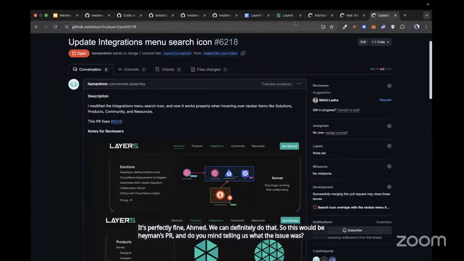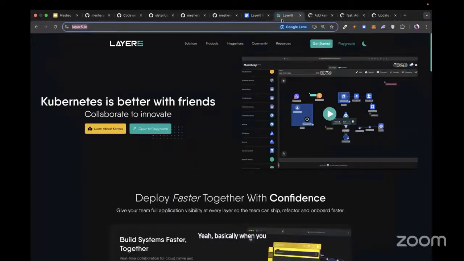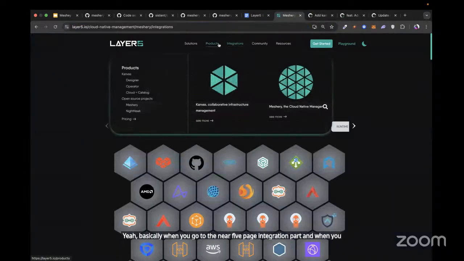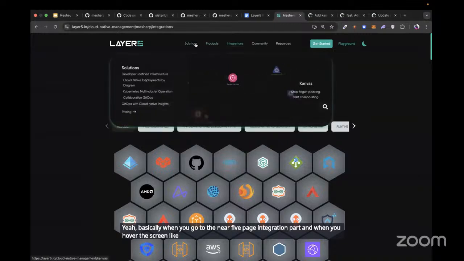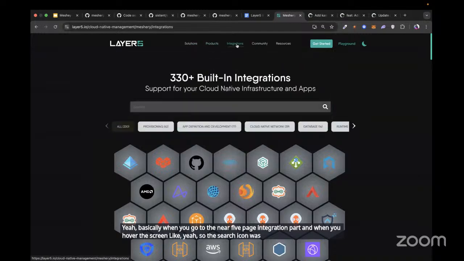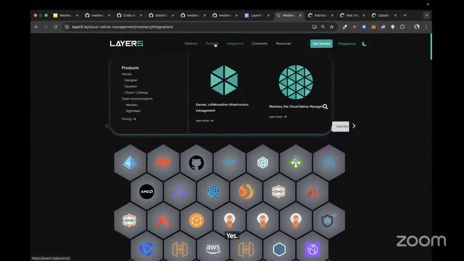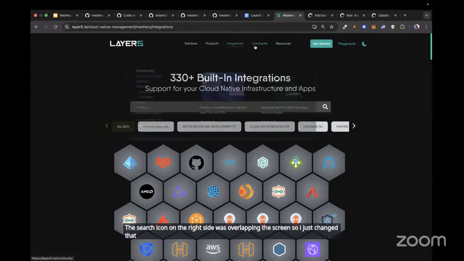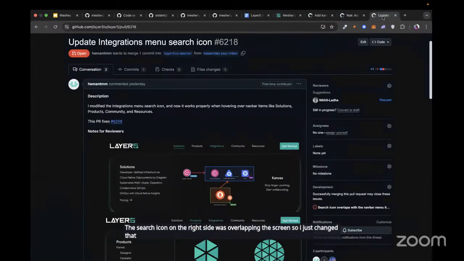Yeah, basically, when you go to the nearby page integration part and hover over the screen, the search icon was overlapping that. Yes, the search icon on the right side was overlapping the screen, so I just changed that. Got that. Perfect.